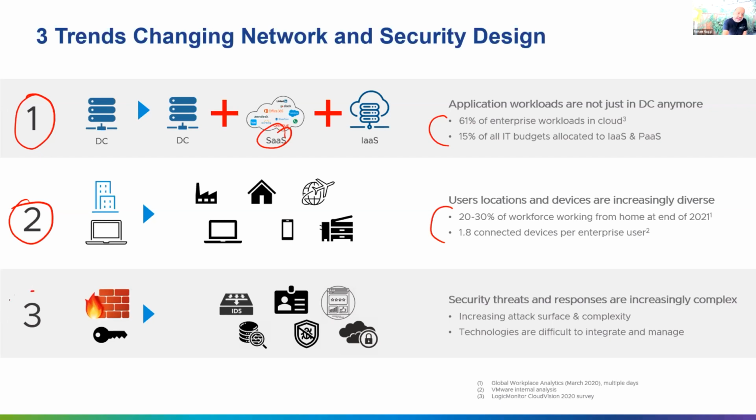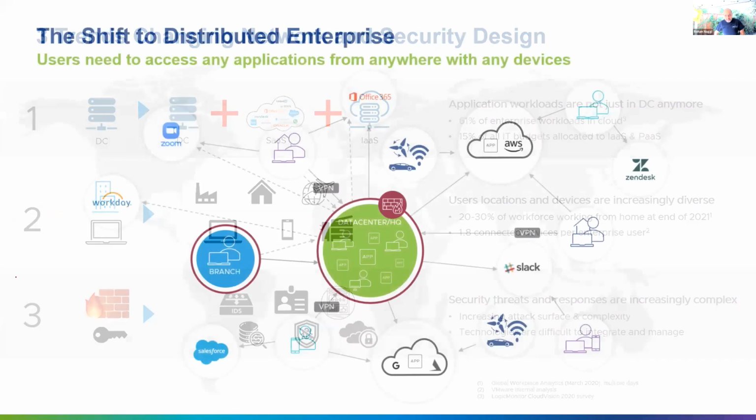So these are some of the trends, to summarize. Apps are moving to the cloud, apps are everywhere, devices and users are also moving everywhere, and that has dissolved the security perimeter around your office network or home network. When you are using multiple devices, security threats have increased. So these are some of the trends which have motivated the networking and security design.